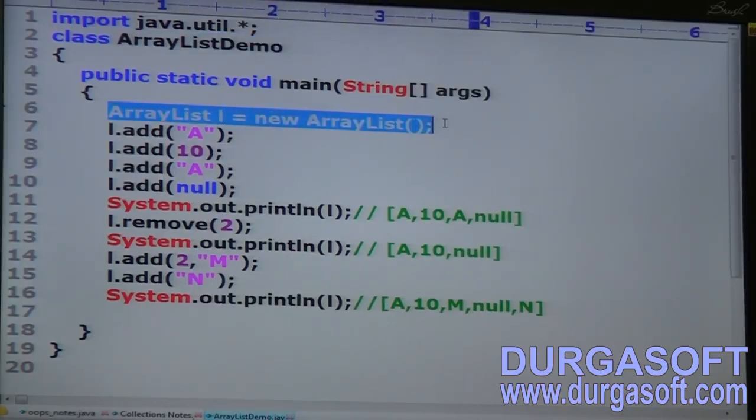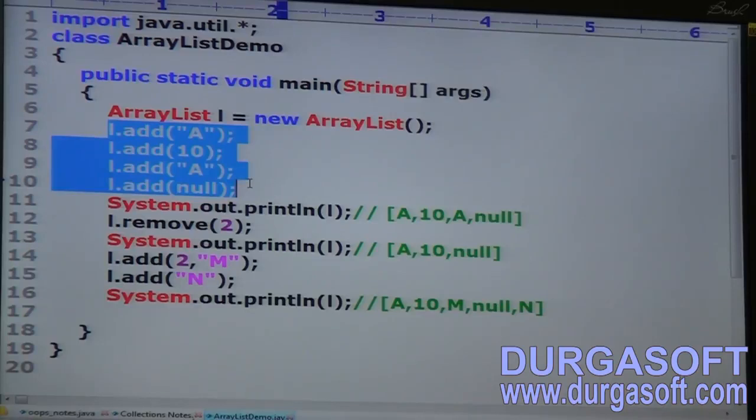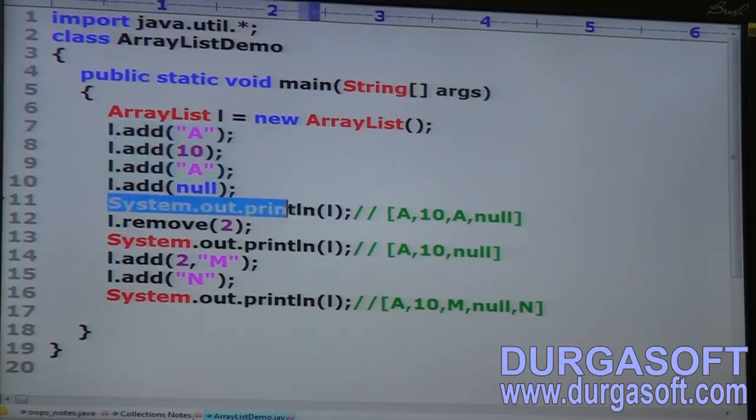Sir, I'm creating array list object l. l.add("A"), l.add(10), l.add("A"), l.add(null), then System.out.println(l).